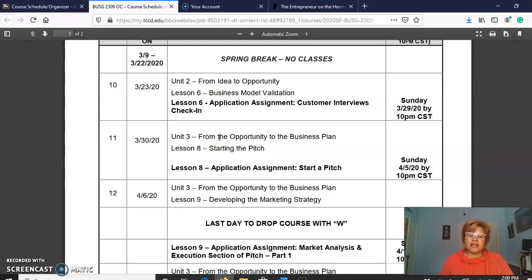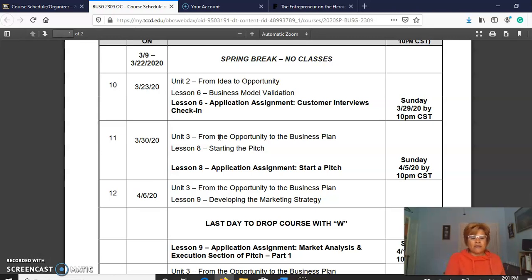So what this application assignment is asking you to do is really using the data you gathered from your first 5 interviews. What did you gather? What were your lessons learned? Now, obviously, had you been able to do both rounds, your data here would be much more in depth, and you would have a better sense of whether to move forward or not. But given that we have the restraint now, we're just going to use it as a tool to learn, right?